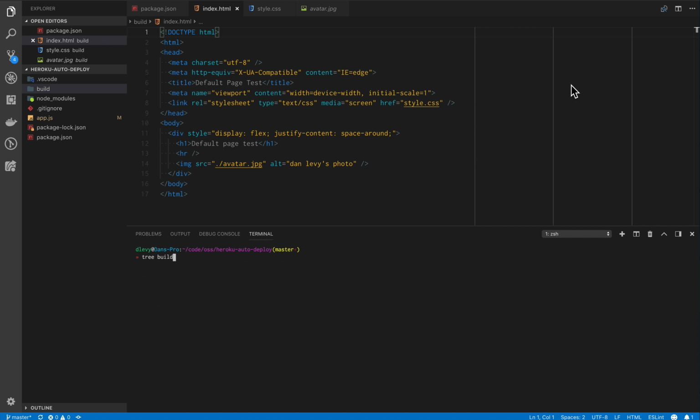CORS is so that you can access browser resources across different URLs or port or protocol differences. Anything in that URL that's different, you're going to need to set up CORS so your browser can actually get permission to access that resource. If your app is all on one server,